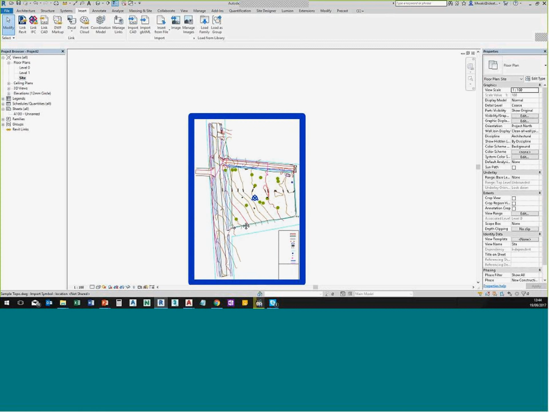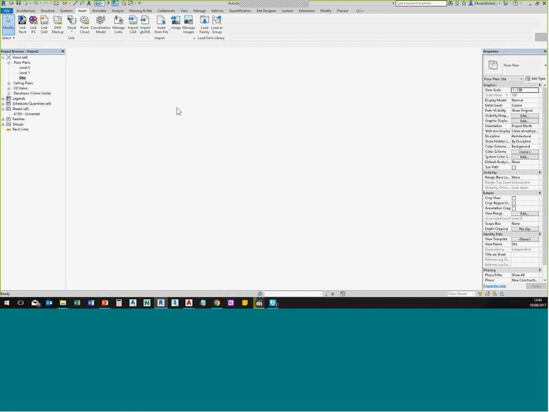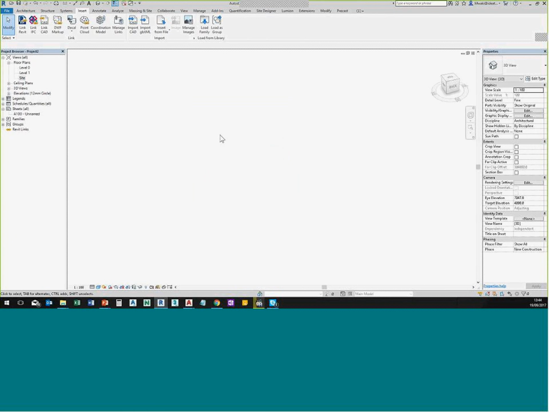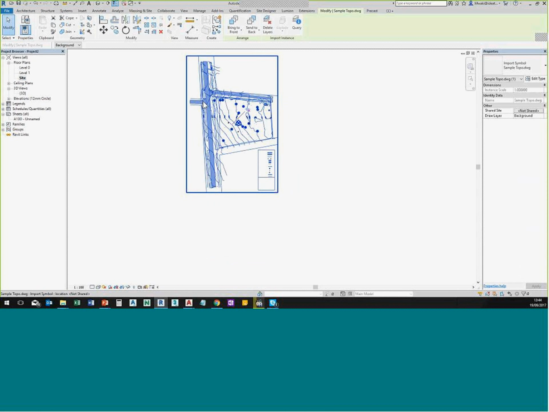Now, I've brought this in as a DWG, and if I go to my 3D view, see it. Let me go back to site just to confirm something. I did bring it in correctly, so